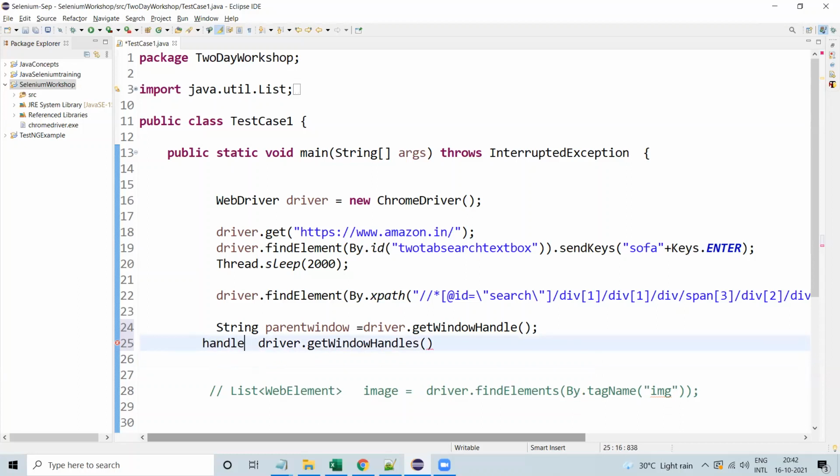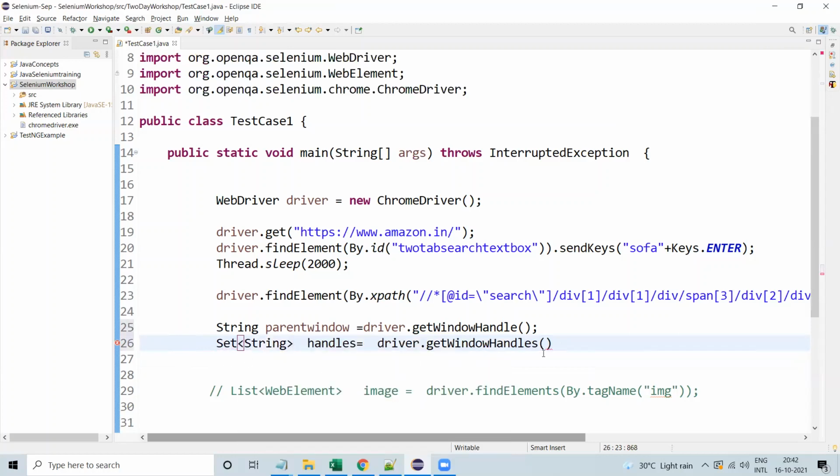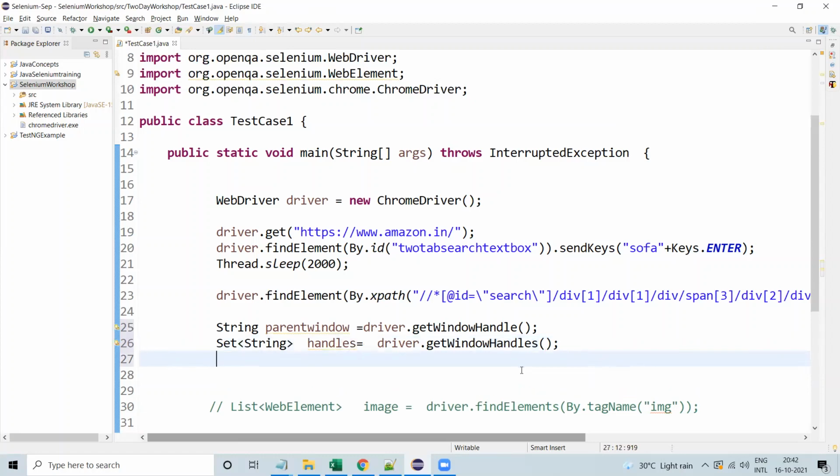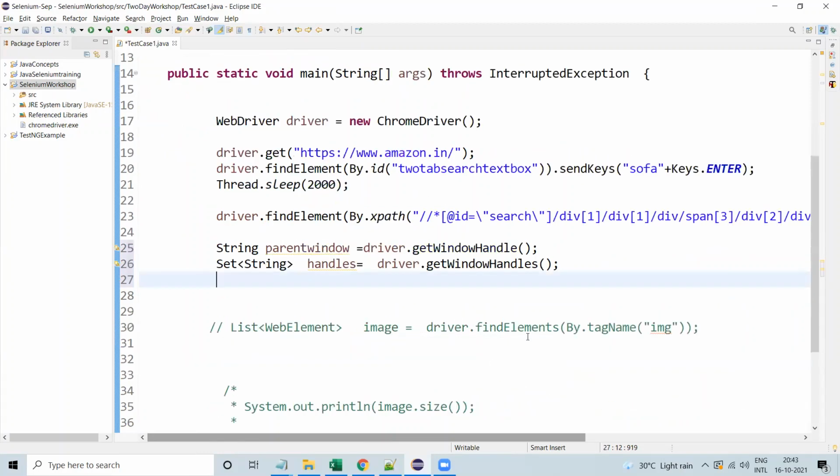I can use handles equal to, and store it over here in a Set of String. The type is Set of String, so whatever the return type is, we need to add it over here. Then we need to use a for-each loop. We are going to get one handle at a time and switch to the particular window.